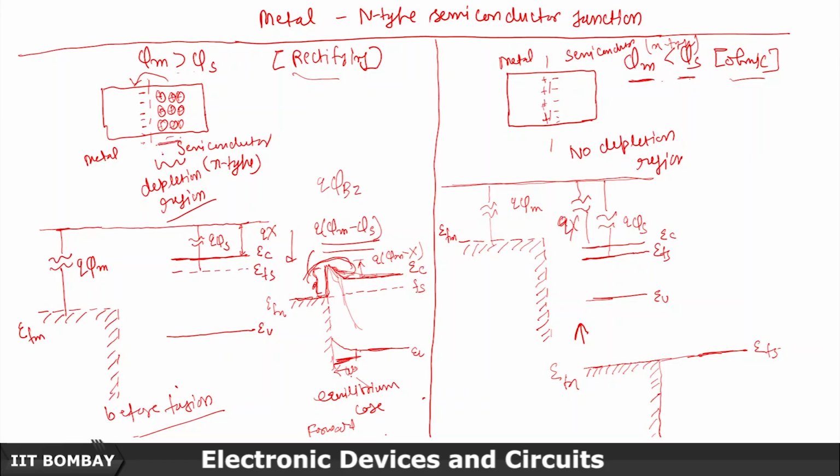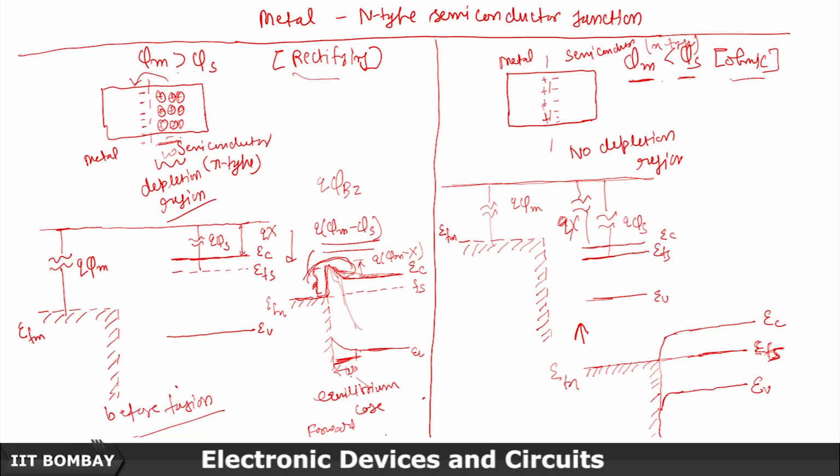Okay, this W. Here once you fuse them together, there is no depletion region, so the bends will be very sharp here compared to this case. You see W here, so the bend will be very sharp here, something like this, EV and EC, EFS,